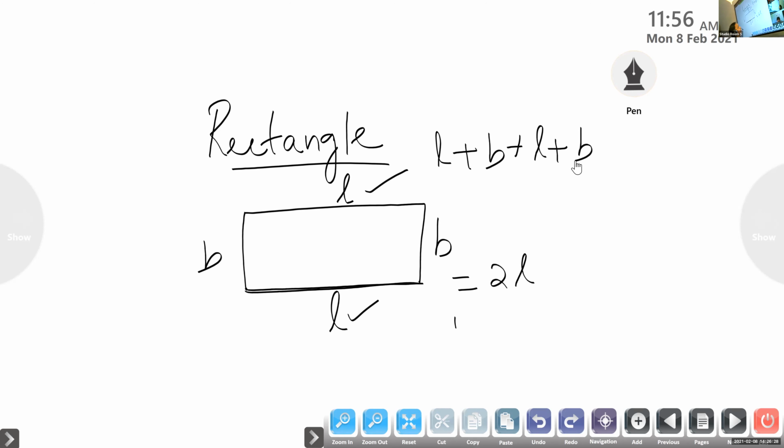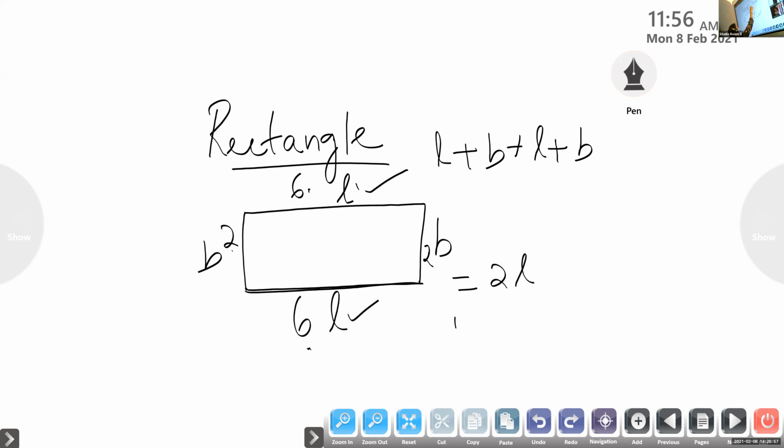If we don't have any formula, we just need to add. For example, if here it is 6, 6, and here it is 2 and 2, we have to add 6 plus 2, 8, plus 6 plus 2. If it is small numbers, it is easy for us to add. If it is big numbers, it's easy for us to use the formula, because now I'm showing how we are getting the formula.